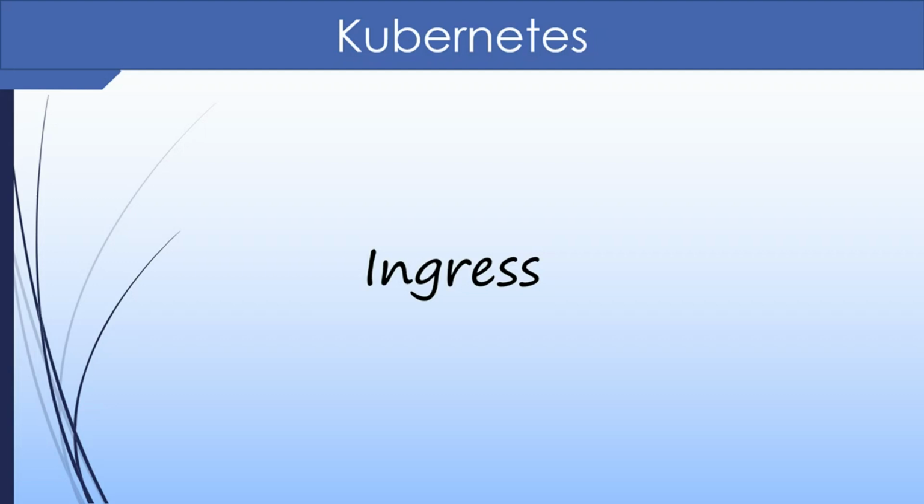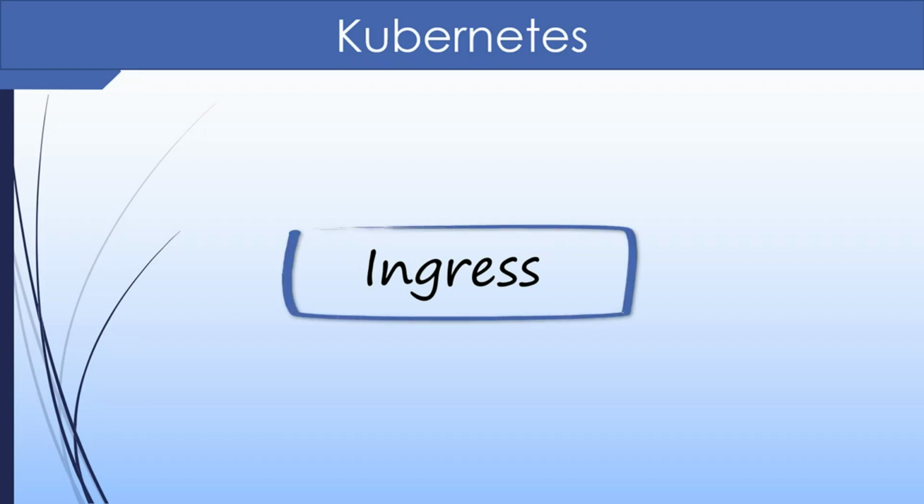In the previous video, we saw how services work in detail. In this video, I'll introduce another concept known as ingress. If you want to access an application from outside the cluster, then so far our option has been to use NodePort. However, the problem with NodePort is that you still need to know the IP of the nodes to access the service. Also, you cannot load balance between the different nodes, except for what the services do internally